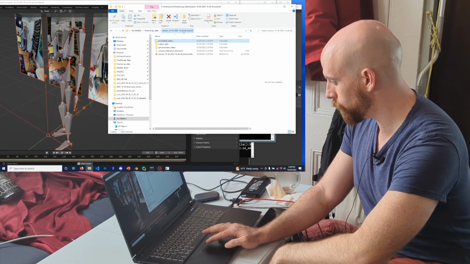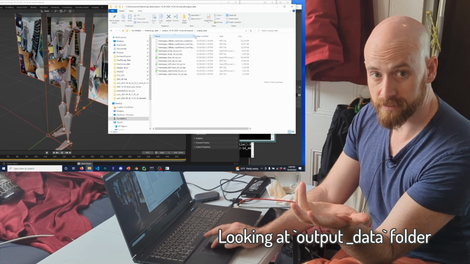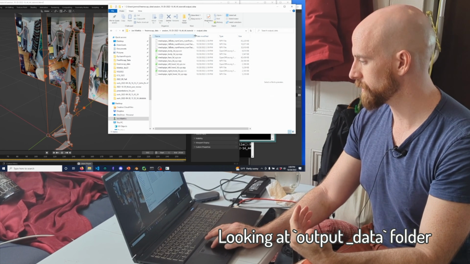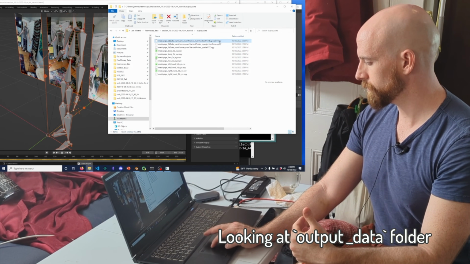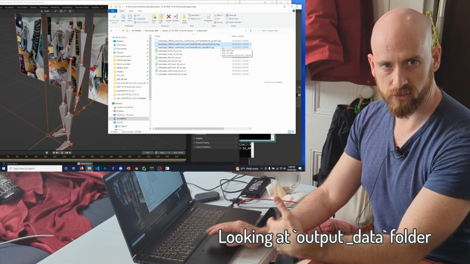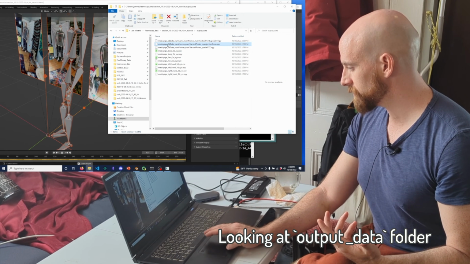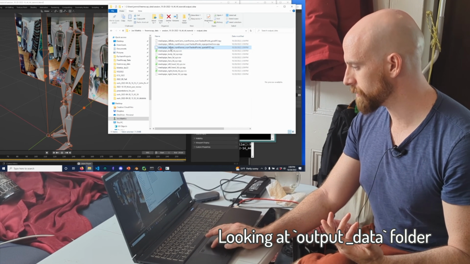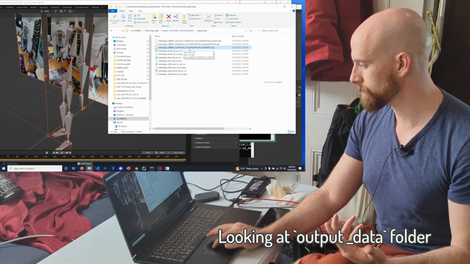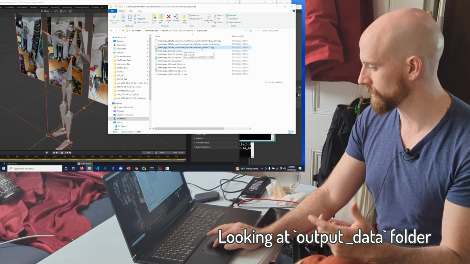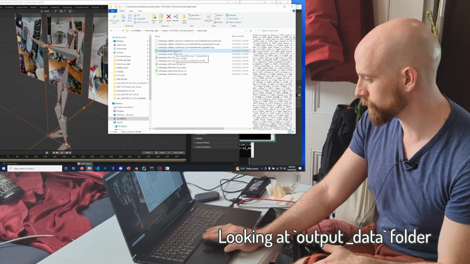And the one I'm going to be looking at, also very important, is this output data folder. If you're a scientist or a clinician and you actually want to analyze the data that was recorded, this is where you're going to want to mostly go. You've got these big .npy files, which are NumPy arrays. If you're a MATLAB person, those are equivalent to matrices. The most important one there is MediaPipe 3D data, a 3-dimensional matrix where the dimensions are the number of frames by the number of tracked points by the XYZ dimension.